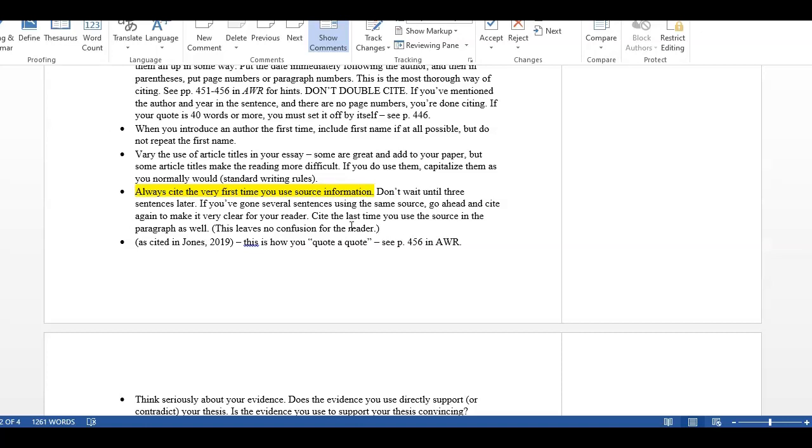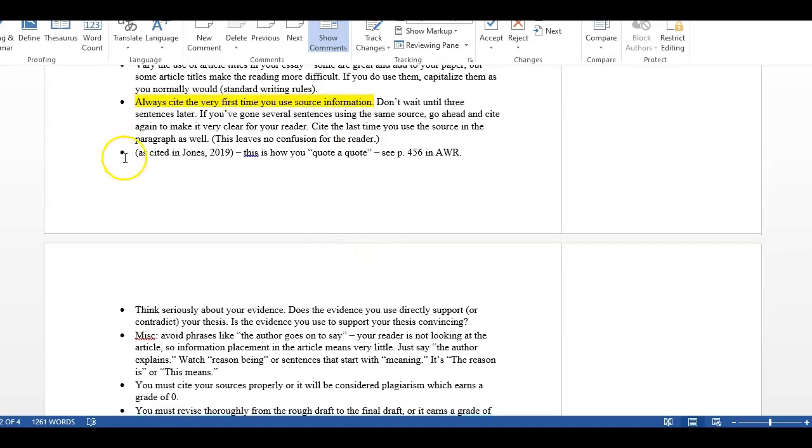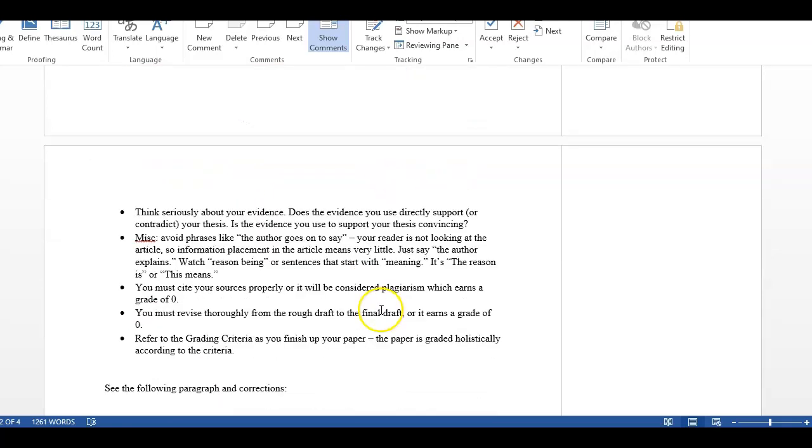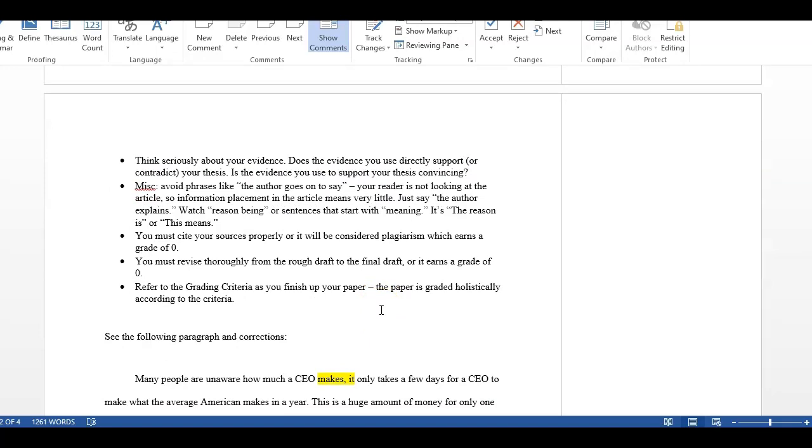Always cite the first time, cite often, not every time, and then certainly cite the last time you use it in that particular section. If you switch up sources, then you will have to go back and forth citing the appropriate source. If you quote a quote that has a special "as cited," like that, page 456,